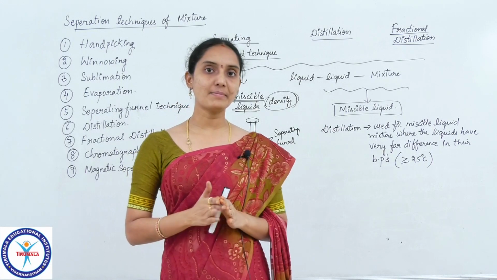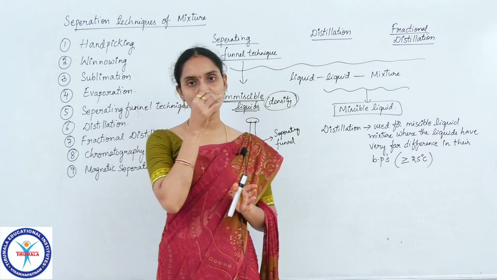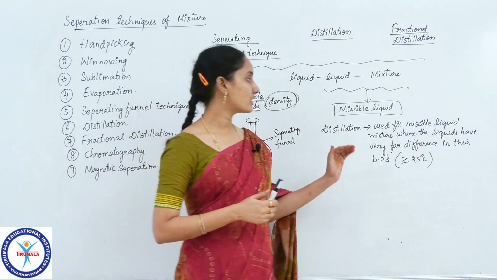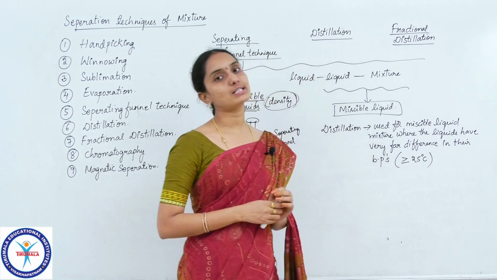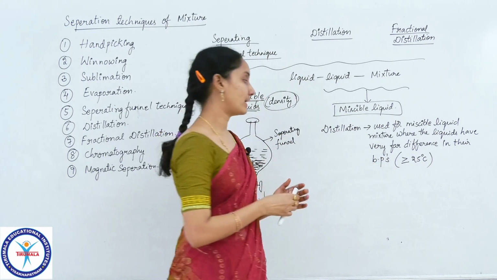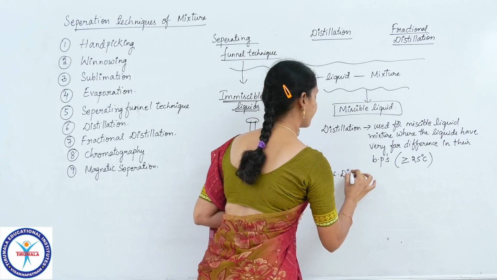In such a manner we can separate liquid mixtures using distillation. So distillation is used whenever the difference in boiling point is greater than or equal to 25 degrees Celsius, whereas fractional distillation